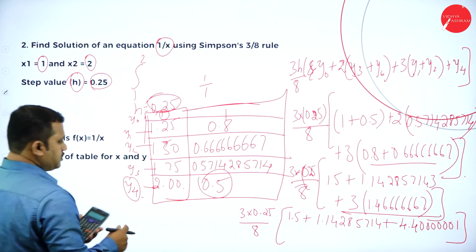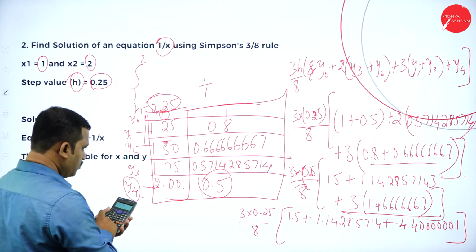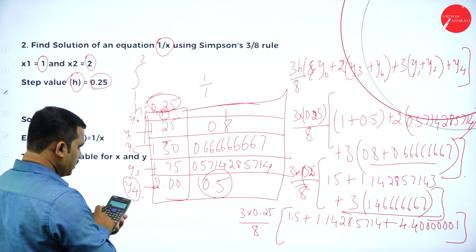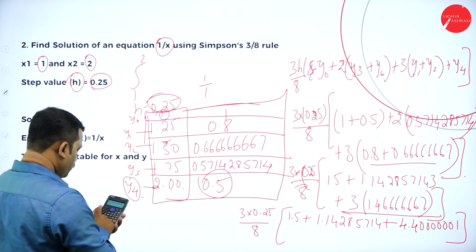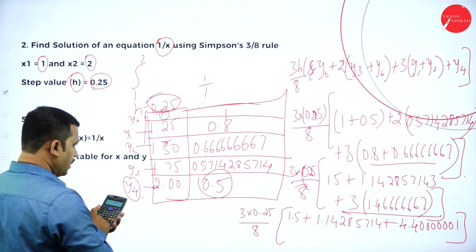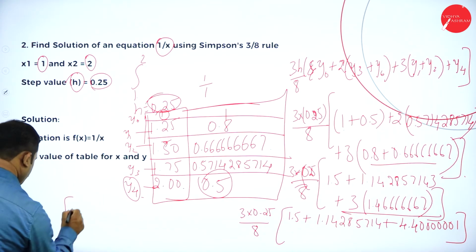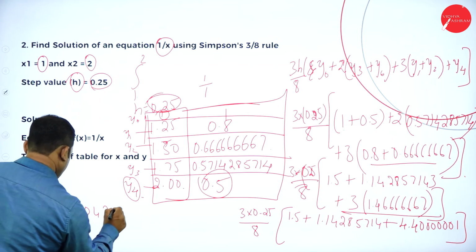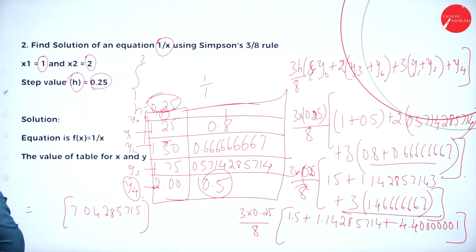That is this term, 1.5 plus 1.14285714 plus 4.41, which is equal to 7.04285715. Then 3 into 0.25 is 3 by 4, that is 0.75, divided by 8, which is equal to 3 by 32, which is equal to